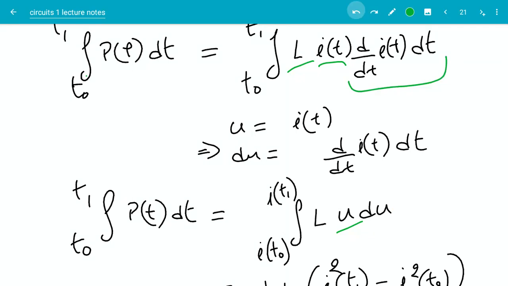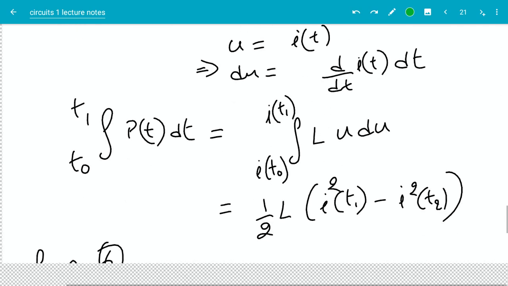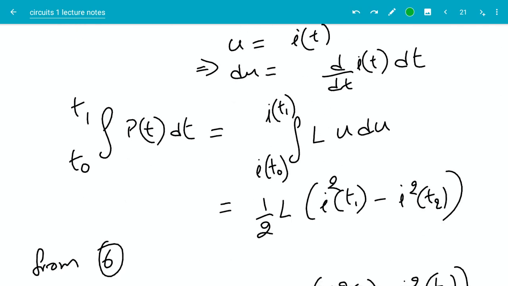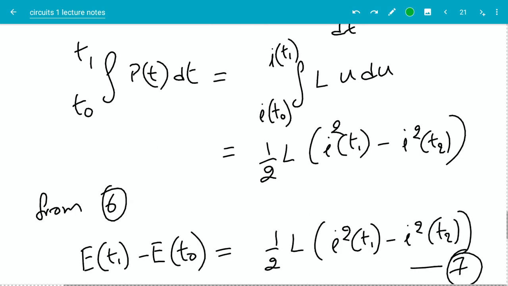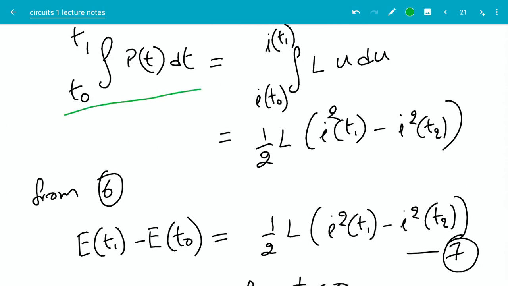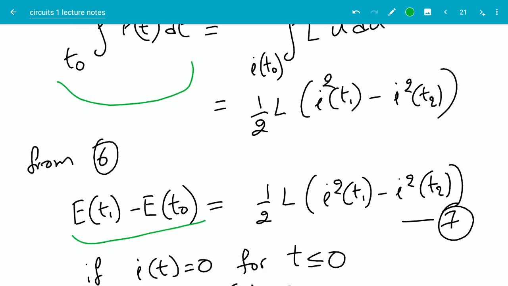Okay, so now again this is a pretty simple integral. It's u du. So if you integrate that, it will become half u squared, and then I'm substituting the limits in there. Okay, and I'm going to use the fundamental theorem of calculus, and then write the left hand side, this integral, in terms of energy like this. Okay, so E of T1 minus E of T0 on the left hand side will become half L times the difference of the squares of the currents. Okay,